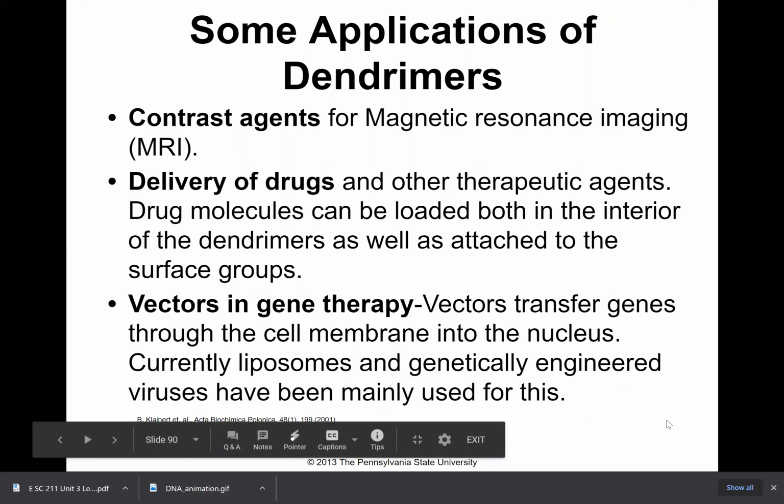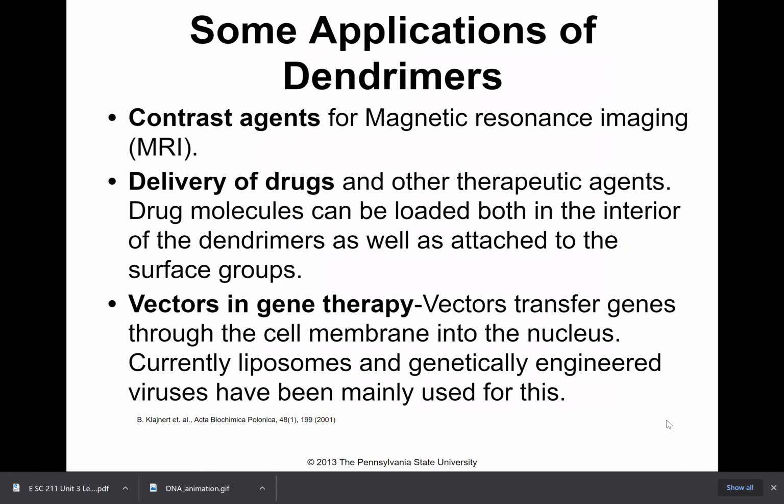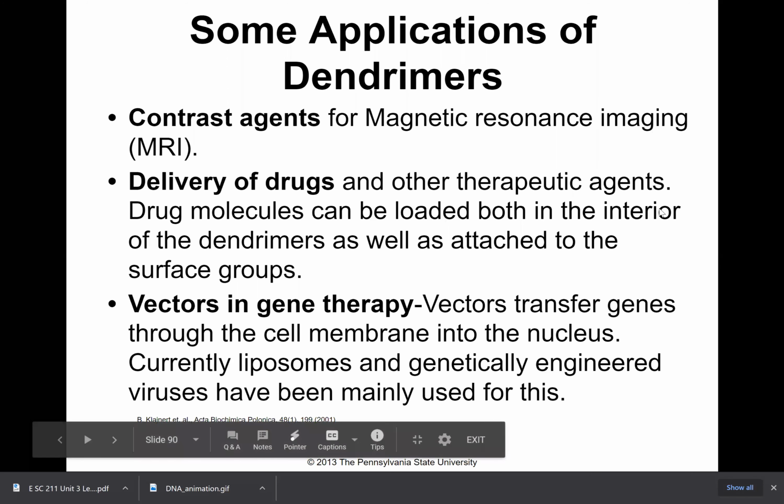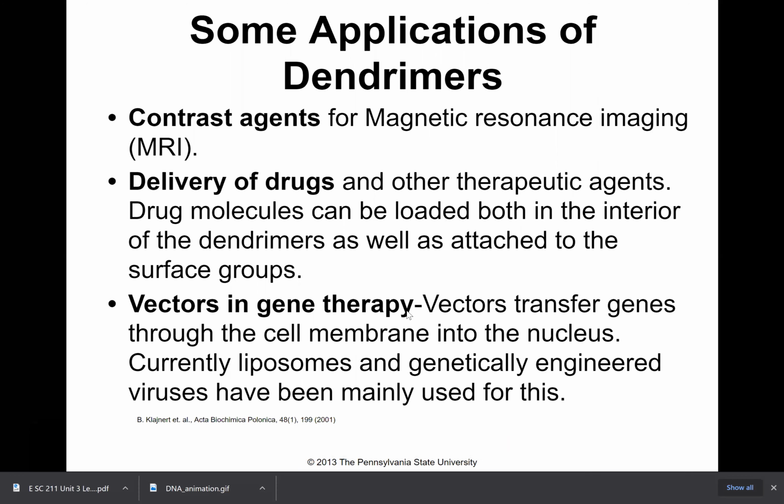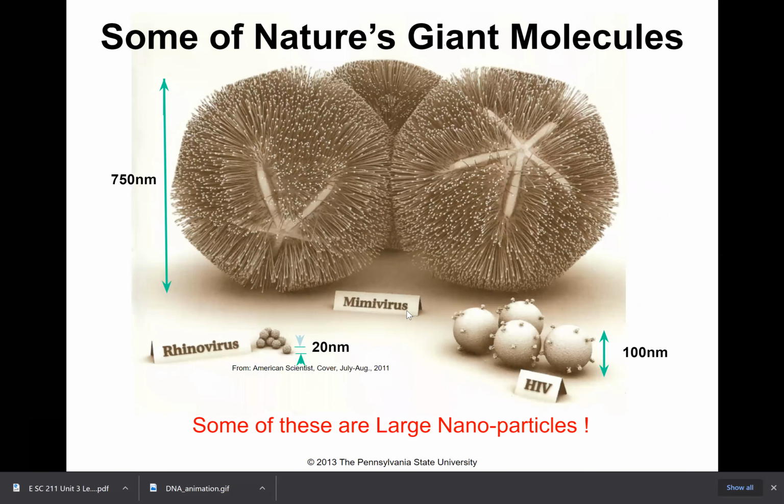Vectors transfer genes through the cell membrane into the nucleus. Currently, liposomes and genetically engineered viruses have been mainly used for this. So those are some applications of these dendrimers. And the key thing while we're talking about this in nanotechnology is that now they're actually creating it on purpose, right? And specifically. So some of nature's giant molecules, these are not ones that people have been able to create,